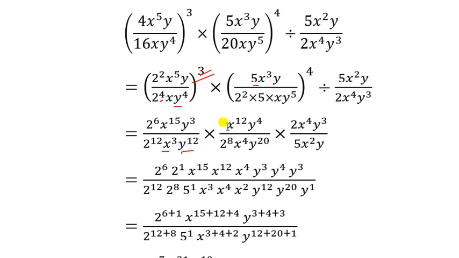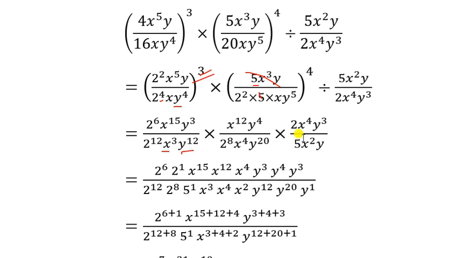5 to the power 4 will come here. Okay, 5 to the power 4 will come. This 5 to the power 4 will come, but see, we can simplify because this is only 1 5, and another 1 5 you will get in denominator place. You see, this is 1 5 and this is 1 more 5.